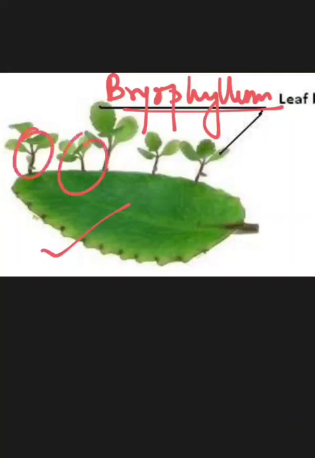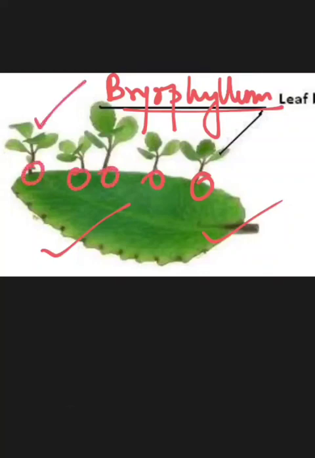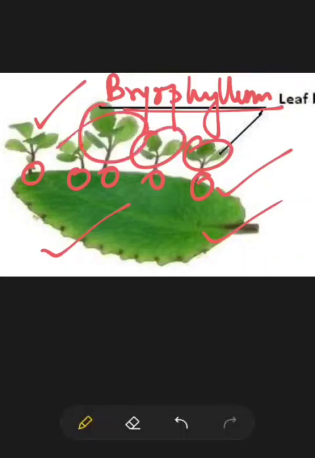Here you can see small plantlets, and they develop from small buds which are at the margin of the leaf. When the leaf falls on moist soil, the bud develops into small plantlets. This leaf is generally on the plant, and it has very small buds like this here. Now when this leaf falls off from the plant onto the ground, these small buds will develop, and these plantlets or small plants will start to grow.